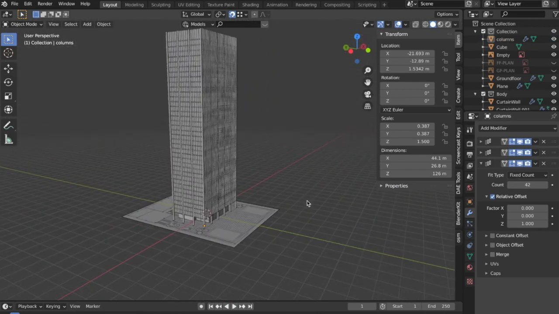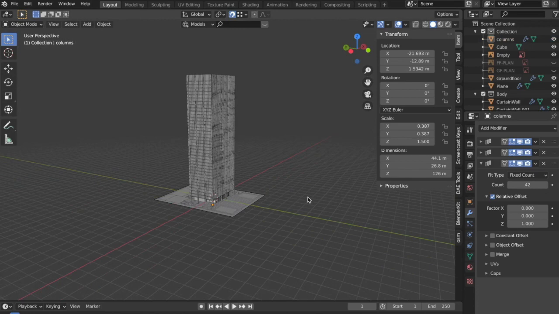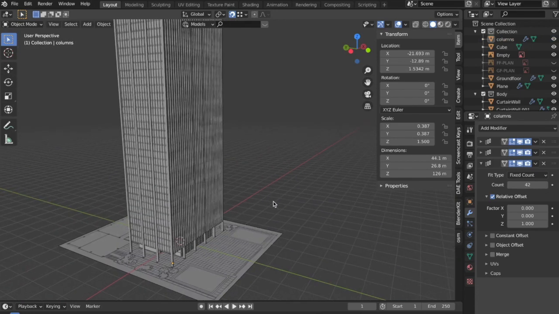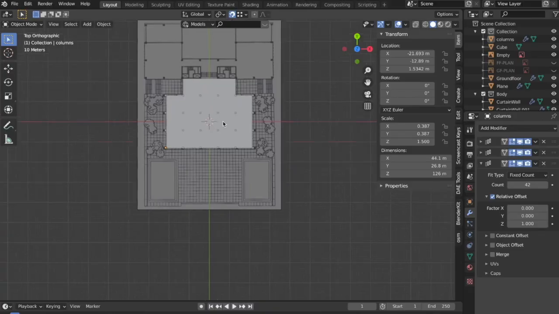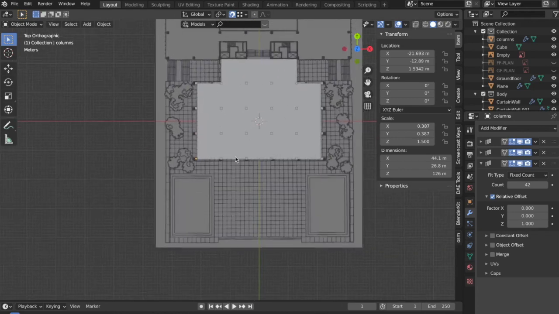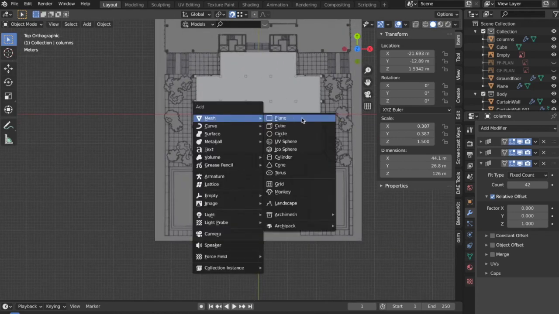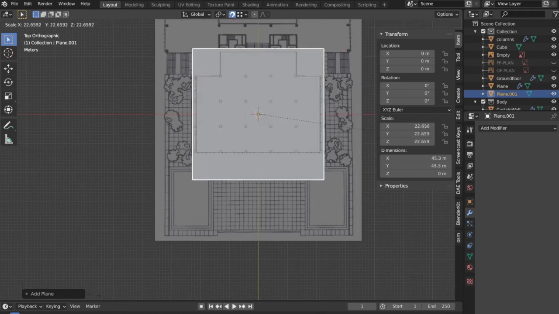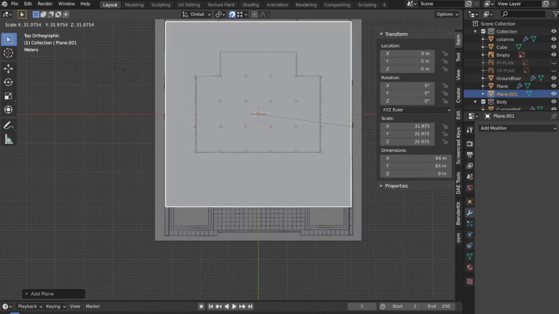Now we have successfully made the Seagram building. Now we have to make the plaza of it, which is again very simple. If you can notice the pattern, it is again being mirrored. We don't have to focus on this part, we are only focusing till this point. For that, what I'll do is I'll add a plane over here, scale it till this point,